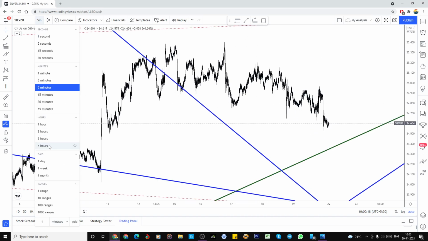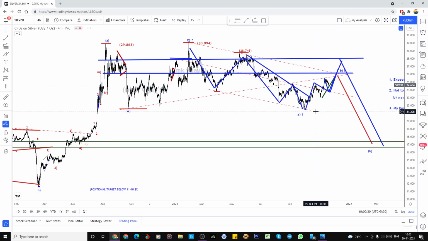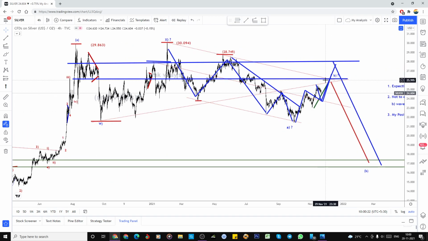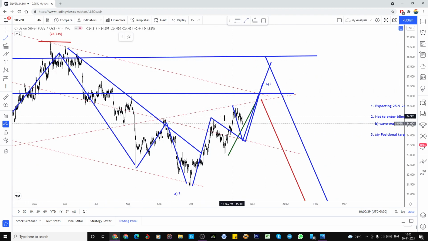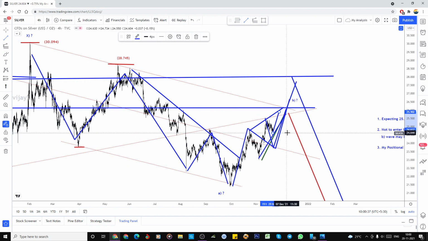I expected $27 here, sorry, $26, but it reached only 25.580. So I still hope it will do like this. And one more high is also possible. Let's wait and see whether it goes for the high, and then gold can also go high,